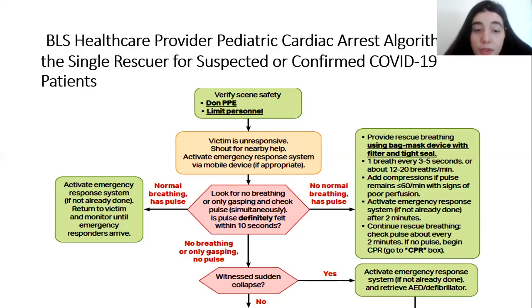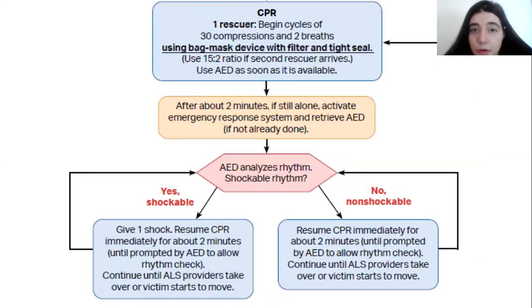So if no breathing and no pulse, then begin CPR cycles of 30 compressions and 2 breaths, using the bag mask device with a filter, as we said before. Check for the defibrillator. If we have the defibrillator, then we have to analyze the rhythm. If it is a shockable rhythm, then we give 1 shock, then resume CPR immediately for about 2 minutes, and check for the rhythm and pulse. If no shockable rhythm, resume CPR immediately for about 2 minutes, and repeat checking the pulse and the